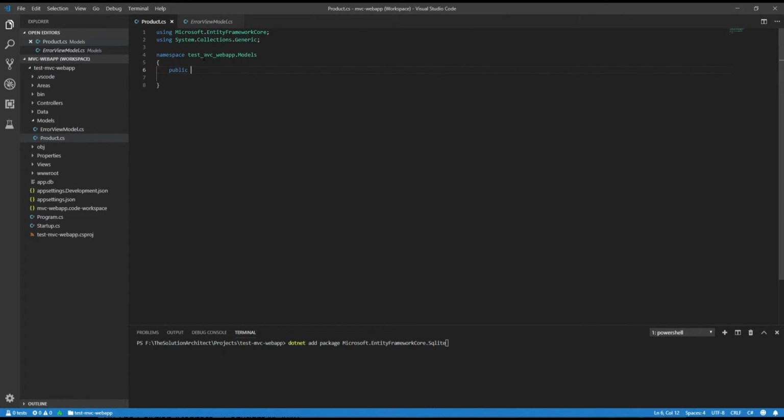So first of all, what we want to do is create a public class for Product, and then what we need to do is add all the columns, and I'm going to show you how to do that now. Okay, so the first column is public, and it's an int, and it's ID product,